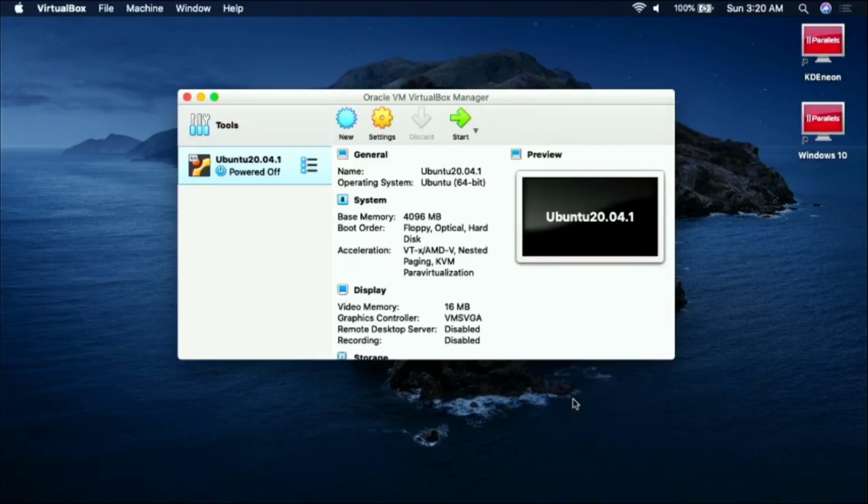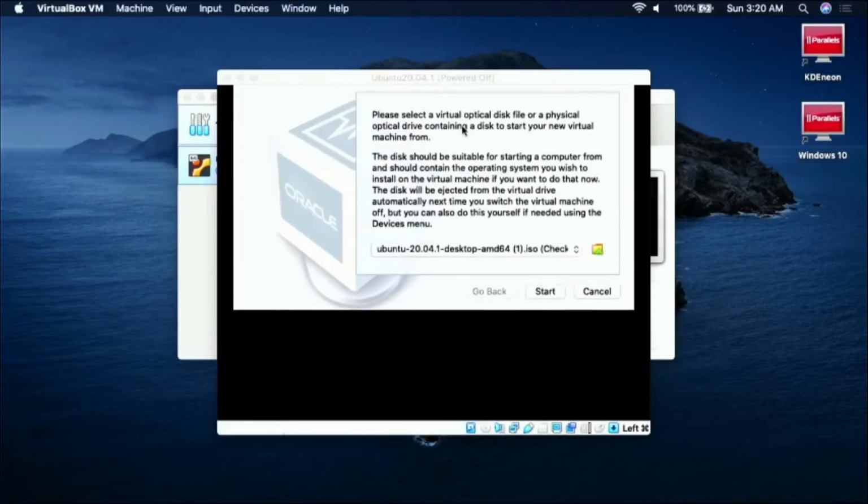and right now we have our virtual machine. Let's start it up and see what it gives us right now. I'm hitting start, and as you can see, we don't have all that much. You see, the thing is this: